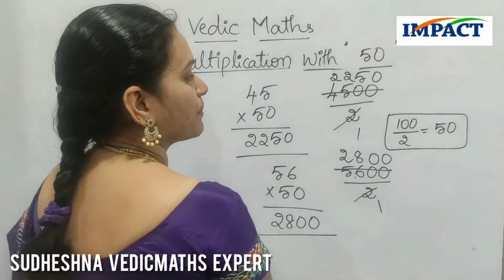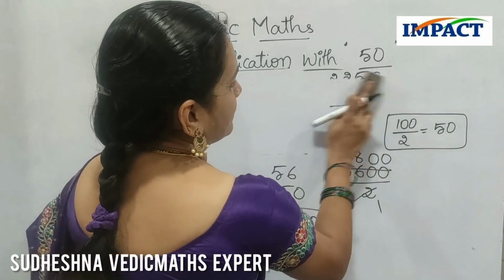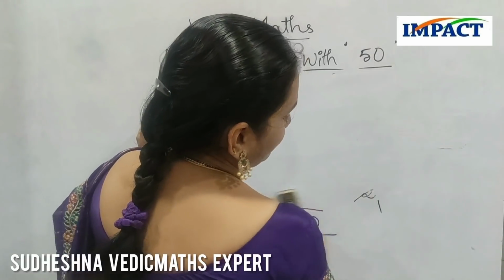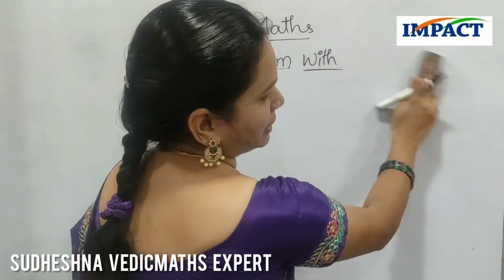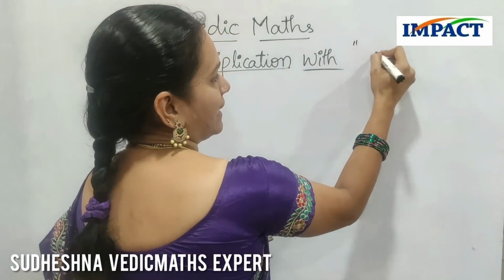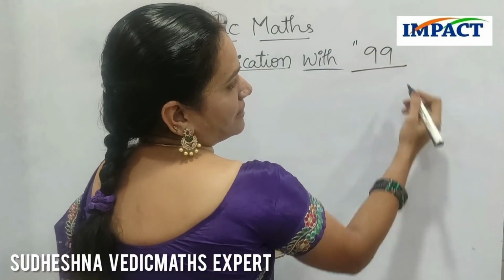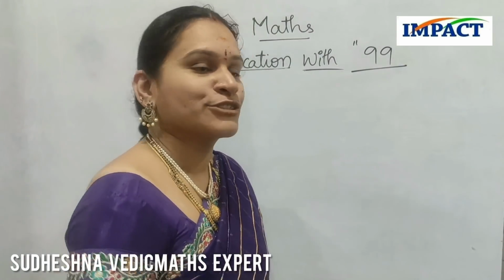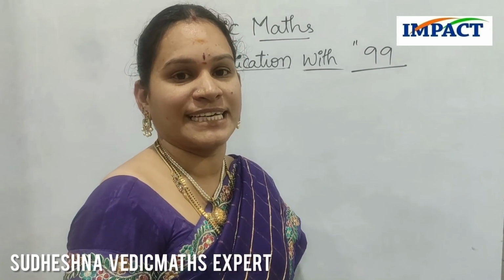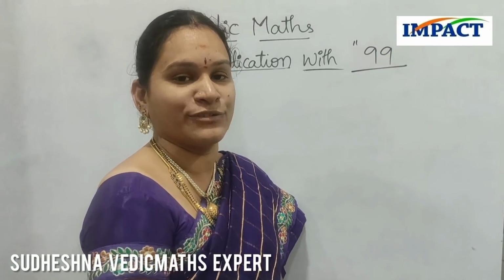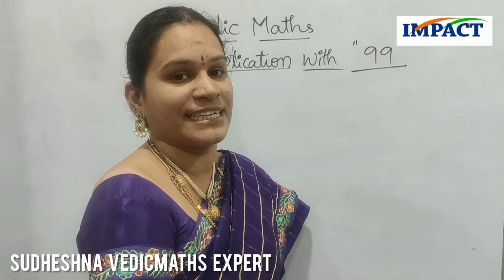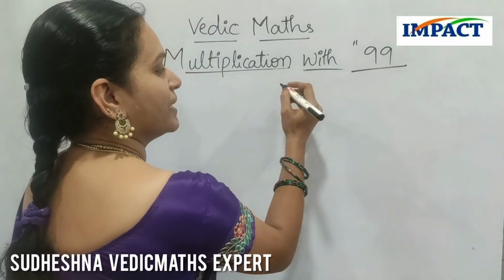Now I will do multiplication with 99. For example, if we get a chance to give a question to our friends, what will we do? A 99 number is the largest 2-digit number, so I want to give multiplication with 99. So from now onwards you will say yes, whatever number you give, multiplication with 99 is very easy for me to do. Yes.